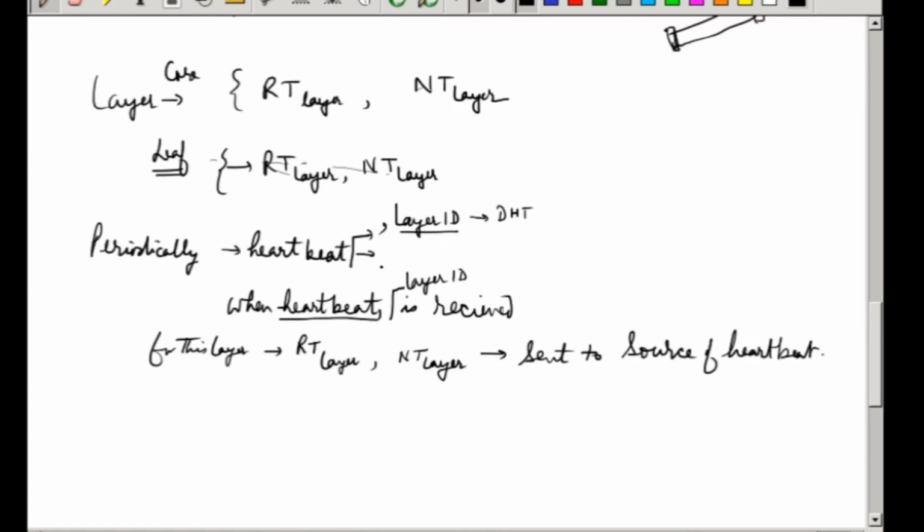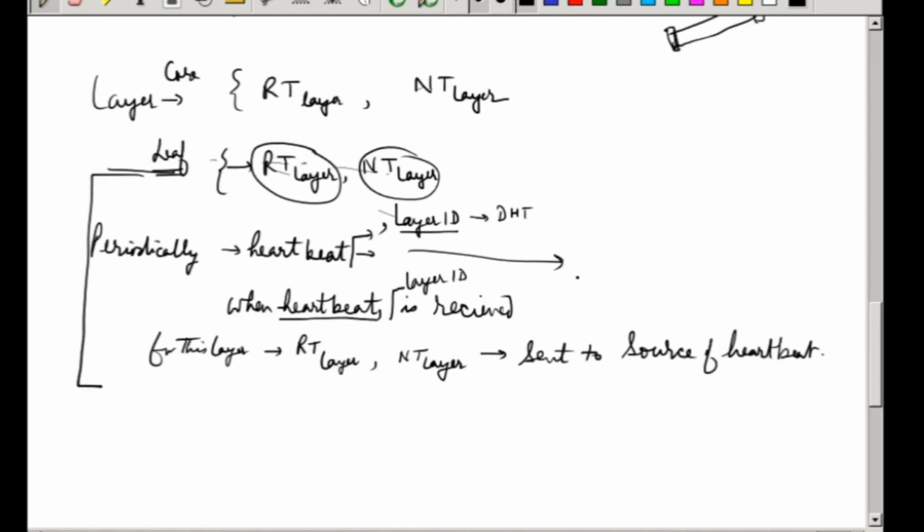Now remember, this heartbeat is being sent to whom? Sent to everybody in your table. I am talking about the leaf node as of now, first. So all members who are present, we send this particular heartbeat to them. I will be getting a lot of nodes, so I will update my local neighbor table for that layer, and you can also update the routing table for that layer. For all layers this has to be done.